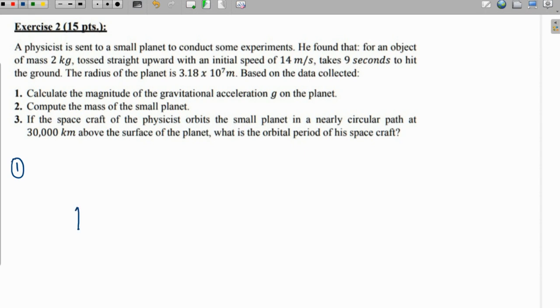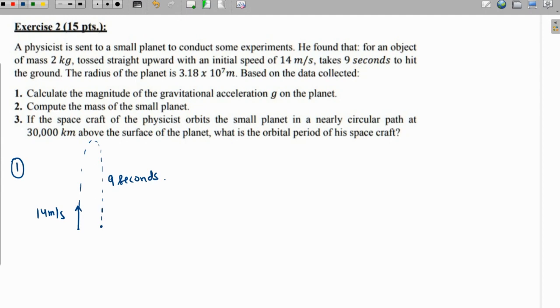So it is thrown with a speed of 14 meters per second, goes up and comes down, and this complete cycle takes 9 seconds. Okay. So let's see what equation can be used to find the value of g. I think we can use the first equation of motion because we know that whatever velocity with which it